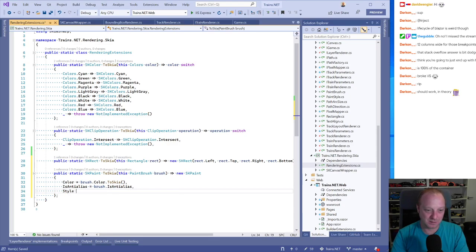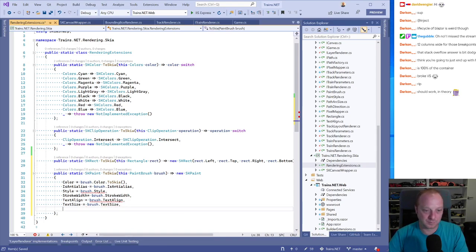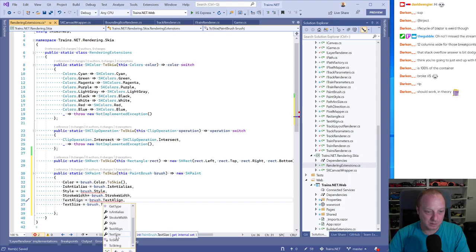Well, it was style, I believe. Style, yep. Stroke width. What was the other one? I don't know. I didn't see one. Text align. Text size. What's next? Is that it? That's it. Okay. So then these need their own toSkier,